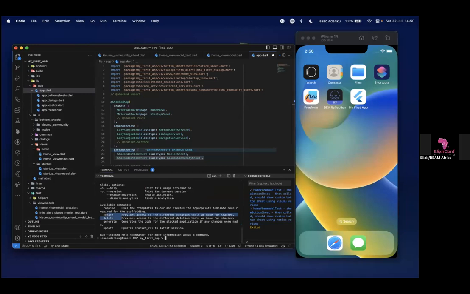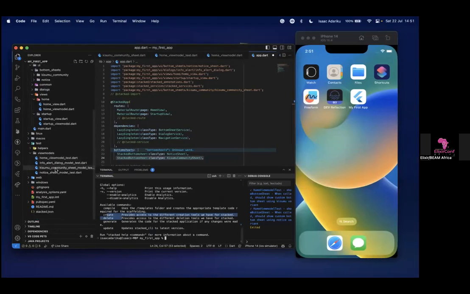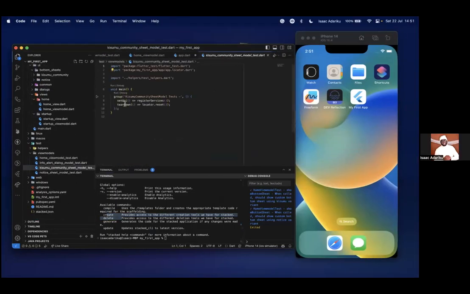Okay, cool, got it. But for the test, does it just create the test file, or do you have to also modify the test? Yeah, it creates just a sample test file. Outside the home view model, every other test file is just a sample test file. You have to start creating what you want. As long as you follow the pattern, you get to quickly write your tests before you add the code to your view model. Okay, cool, got it.